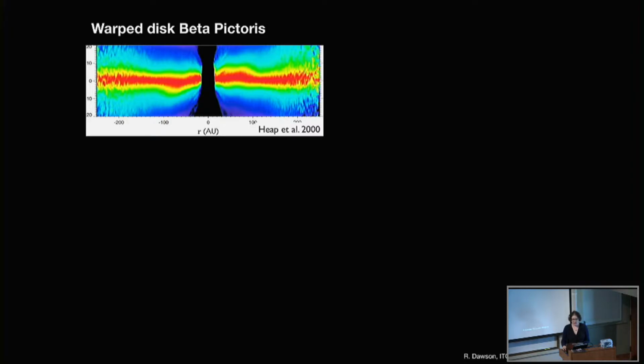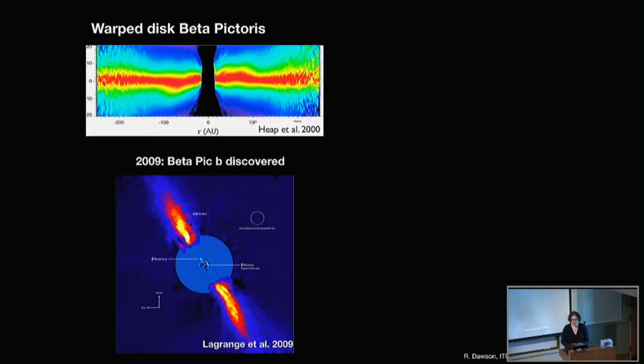So a while ago, there was a debris disk called Beta Pictoris, where a warp in the disk was detected, just like in the movie I showed on the title slide. And then some years later, a directly imaged planet was found in the system that had the properties consistent with creating this warp. And the warp provided an independent mass constraint on the planet, separate from how we usually infer it from the luminosity, which depends on planet formation models.